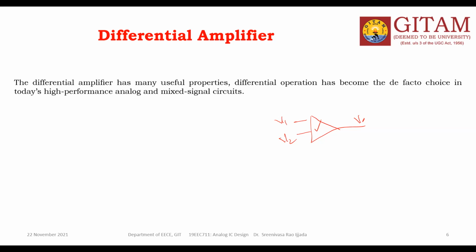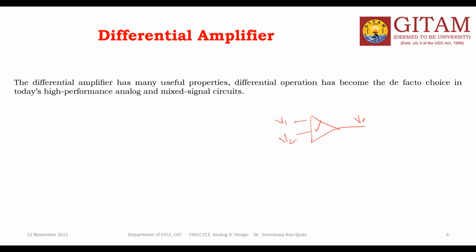But in the case of a differential amplifier, it is not like that. We are not going to collect the output with respect to the ground. We have 2 terminals at the output, one positive, one negative. Generally, if you go with a regulated DC power supply, we have positive and negative DC power supply, so we have 2 terminals other than the ground. You can take the ground as a third element, no problem.